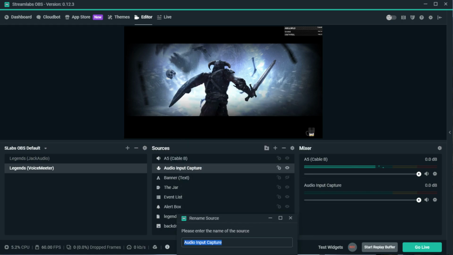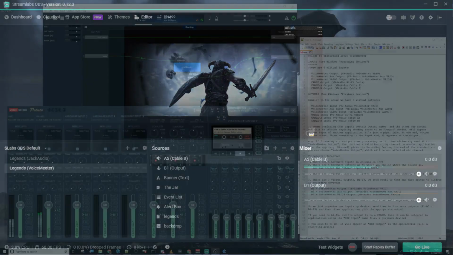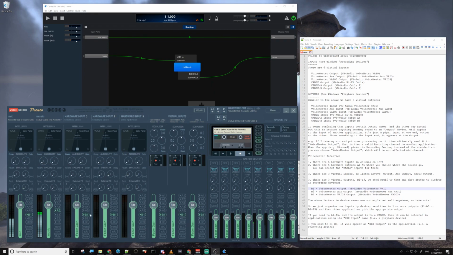Let's call that one our B1 output. That was B1 output, and this was A5 cable B. So coming back across, if I turn B1 on again here, B1